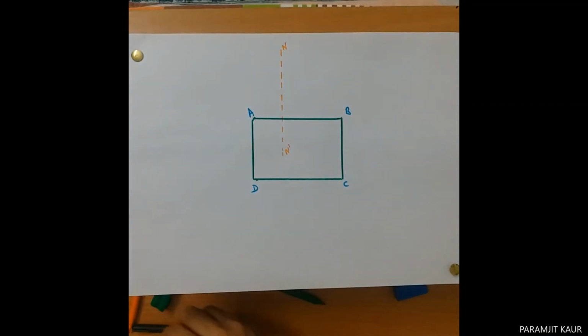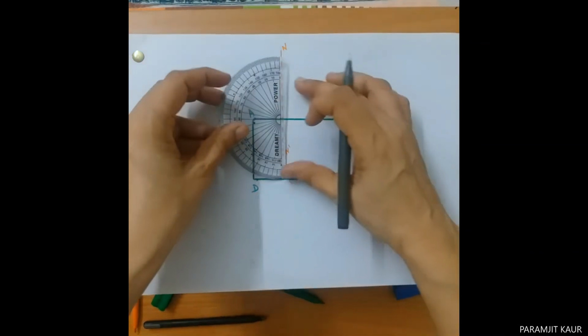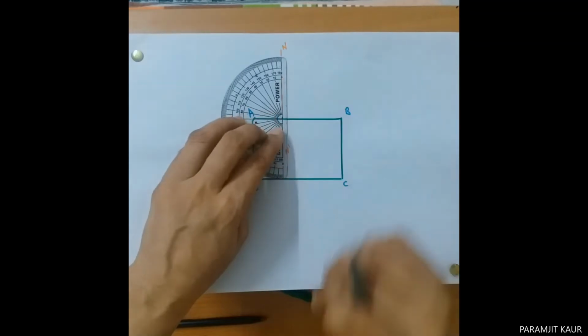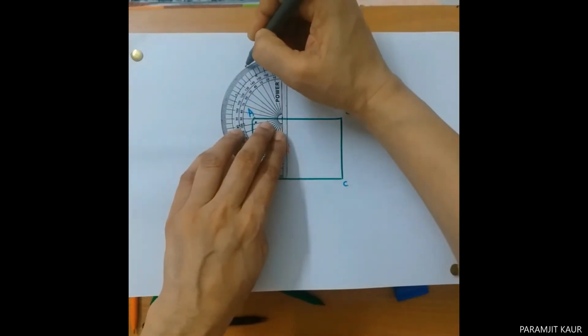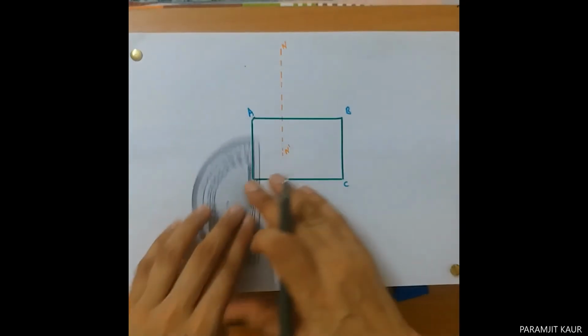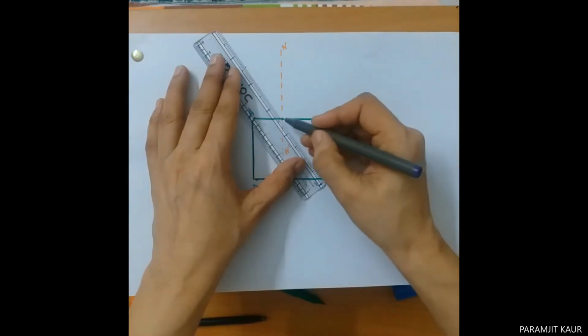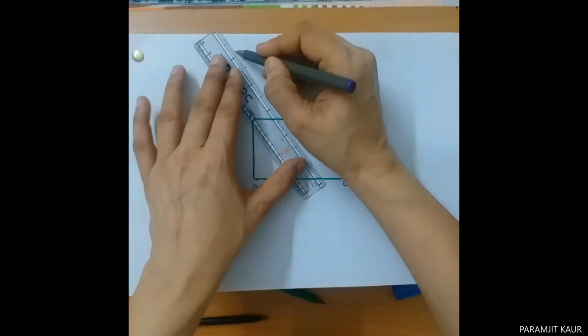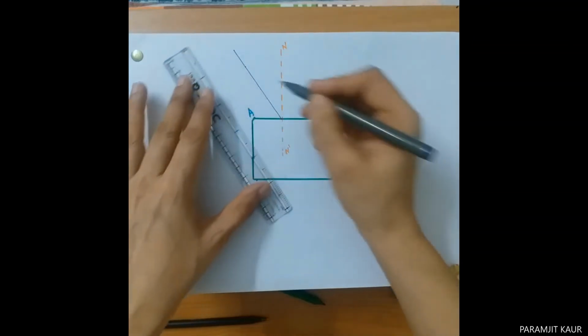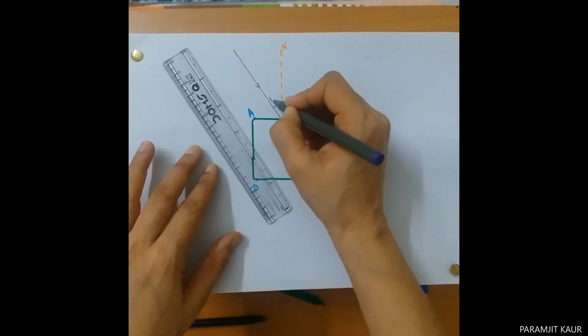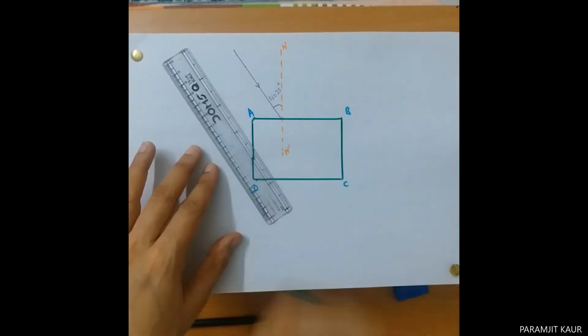Now I need to draw the incident ray. In order to draw the incident ray, I'll take the angle as 35 degrees. You may take the angle anywhere between 30 to 50 degrees. So say I'm choosing the angle to be 35 degrees. So I'll use the protractor and mark the dot at 35 degrees. Now after marking the dot, I'll join that dot with the point on the first interface where I have drawn the normal. That becomes my point of incidence. So this is my incident ray. And since I have taken angle i to be 35 degrees, I label angle i is equal to 35 degrees.